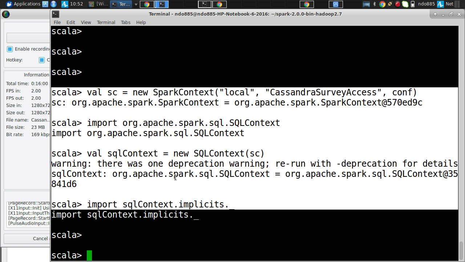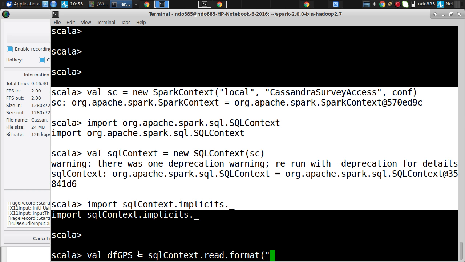So what I would like to do now is to just test out something here. And then we're going to get going. So we're just going to rehearse a tiny bit what we did last time. So we're going to open up a full table on Cassandra. So to do this, we do sqlContext. What does this DF stand for? Anyone? Data frame. We're going to read,